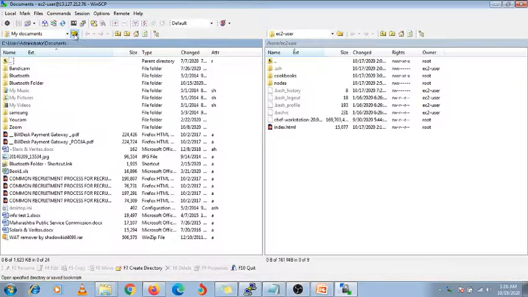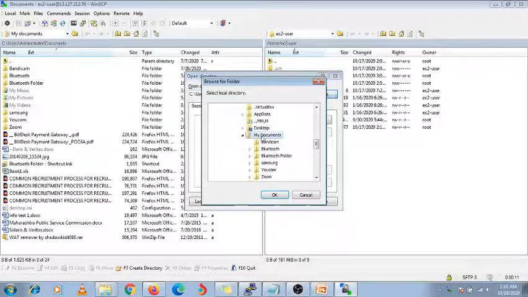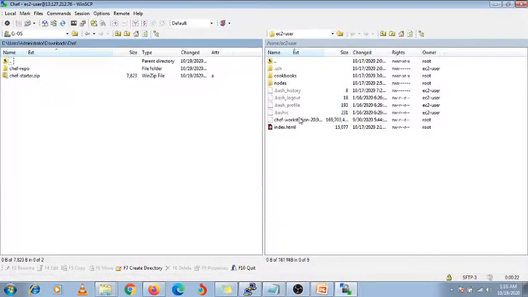I'm going to my download folder. Okay, this is the chef folder. Just go and okay. Here I am going to copy it under /tmp, or you can copy it under ec2-user.